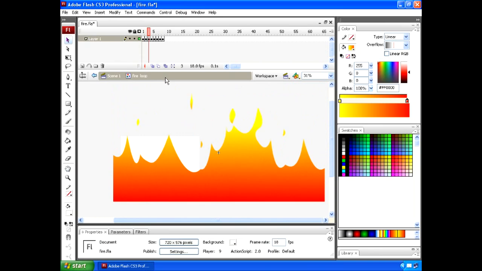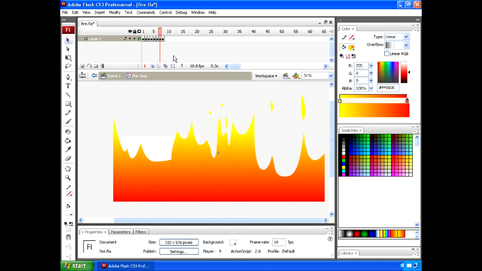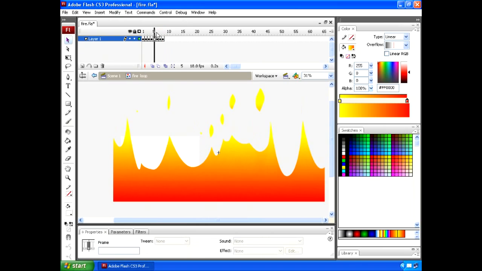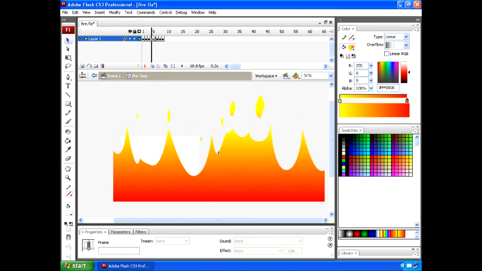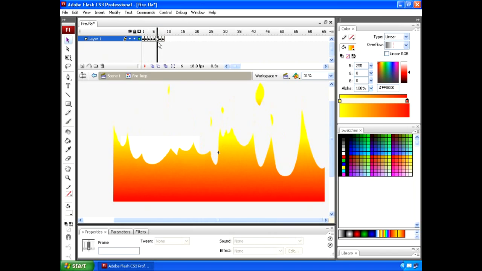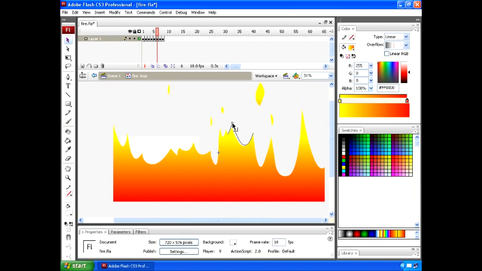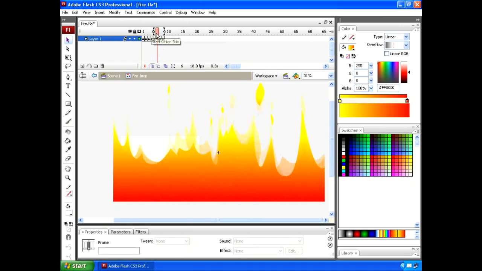So here's our fire animation. It's just a series of shapes that I've created. And I filled them all with the same linear gradient that I used for the background. And these are just raw vector shapes I made with the rectangle tool, and I used the selection tool to push and pull them. I would turn on onion skinning,